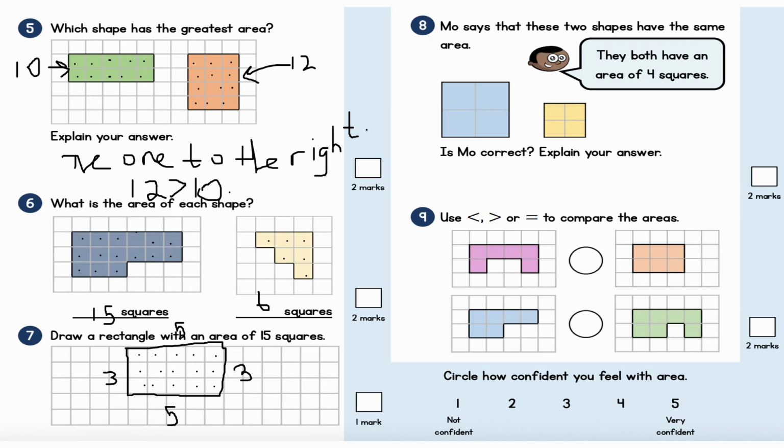So it's trying to introduce the idea of, yes, it's important to count the squares, but if you remember that formula, length times width, so L times W, where L is your length and W is your width, then hopefully it will help you to answer some more trickier problems whereby we don't always have squares later